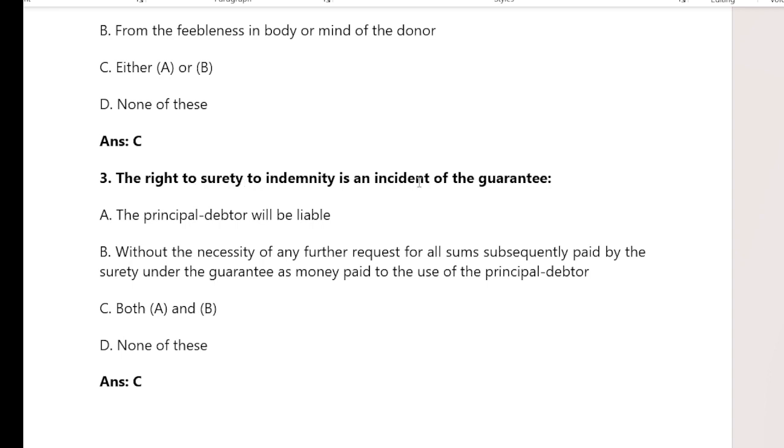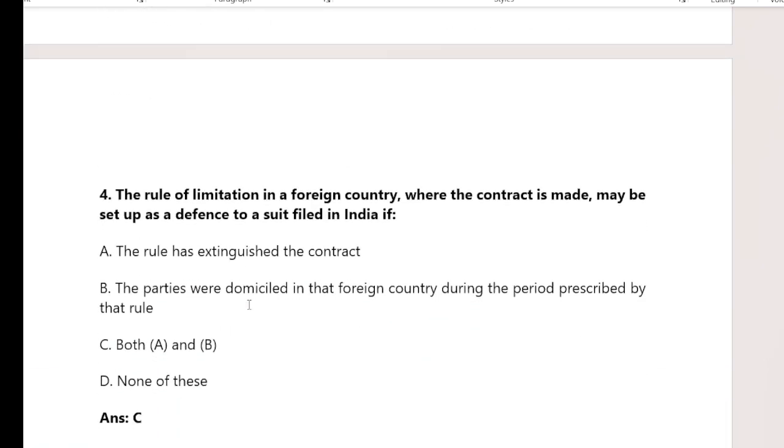is an incident of the guarantee। The option A is the principal debtor will be liable, and option B without the necessity of any further request for all sum subsequently paid by the surety under the guarantee as money paid to the use of the principal debtor। And option C क्या बोलता है, both A and B, and option D is none of these। Then right answer is option C, both A and B।